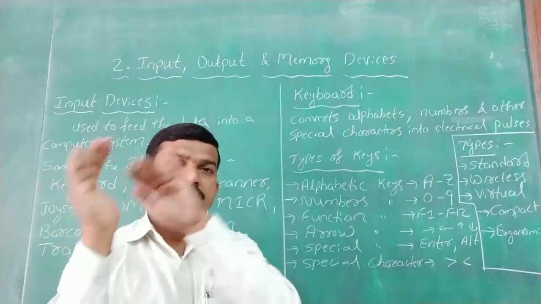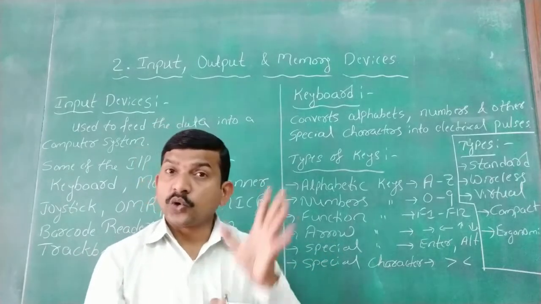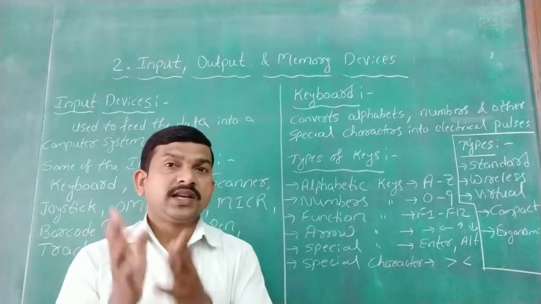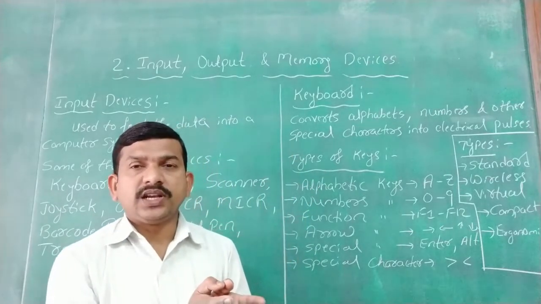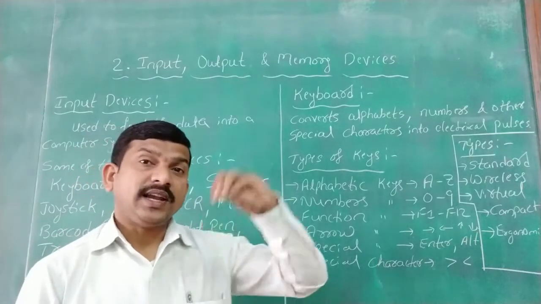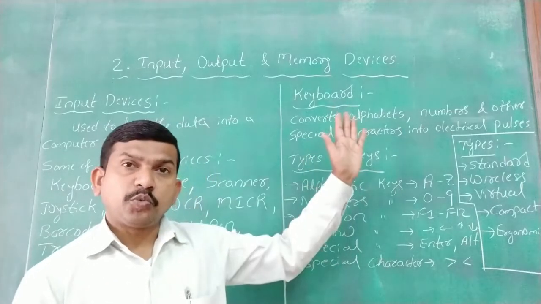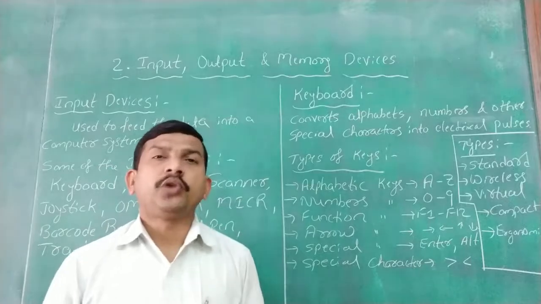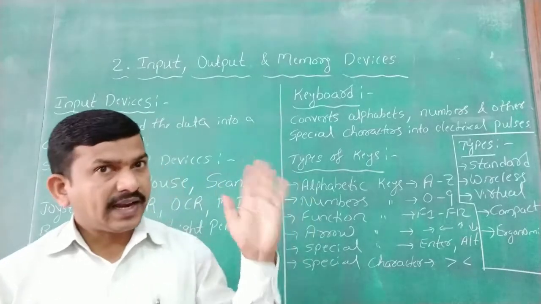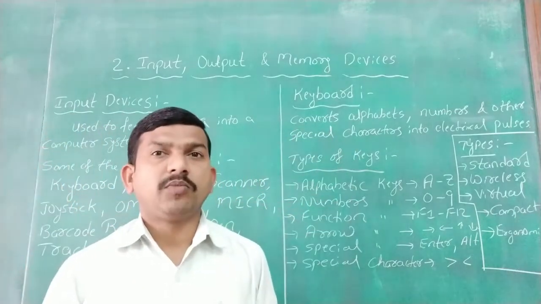The input unit sends the data, and the storage unit, that is the memory unit, stores the data. Later it will be processed. After processing, we send the result using the output unit. In the output unit we use some output devices, and with the help of those devices we display the result. So this is just the block diagram of computer.